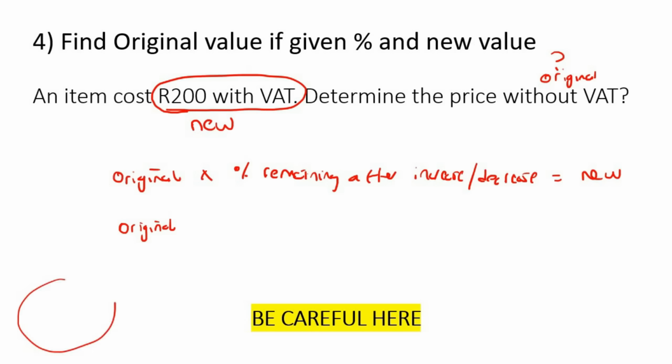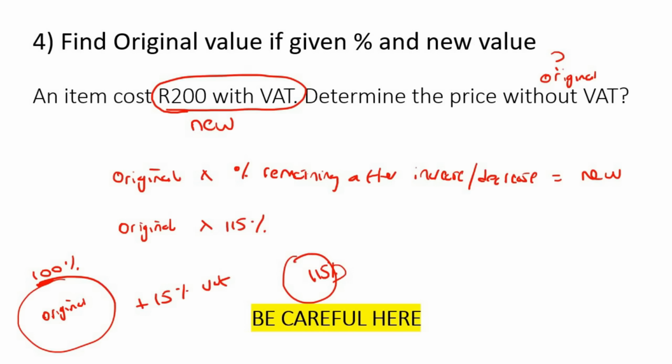Now, remember, the original price always represents 100%. Okay? 100% just means complete. So that it had its certain price. Then what they did is they would have added on VAT. So this is the original, and then they're going to add on VAT. So they're going to add 15% VAT. And so if you add on 15% VAT, you then have 115%. So that is the percentage that we have after they've done the increase or decrease, and that gave us the new price of 200. Then to calculate the original, you have to say 200 divided by 115%, and that'll be, to 2 decimal places,